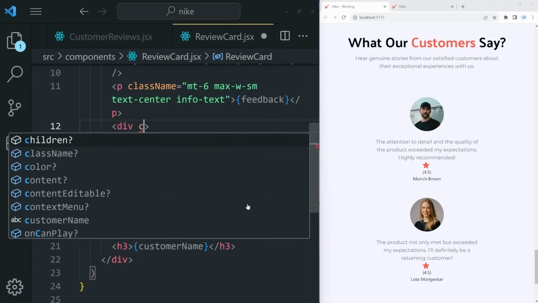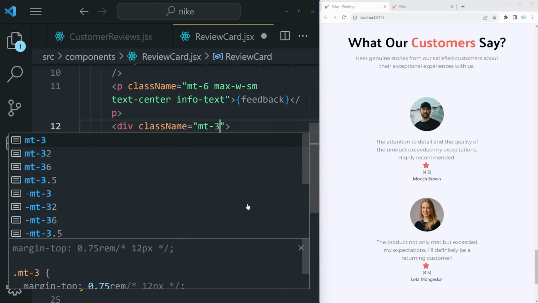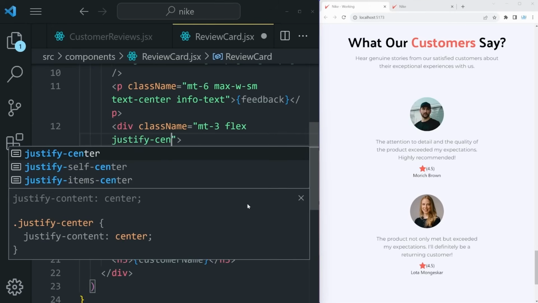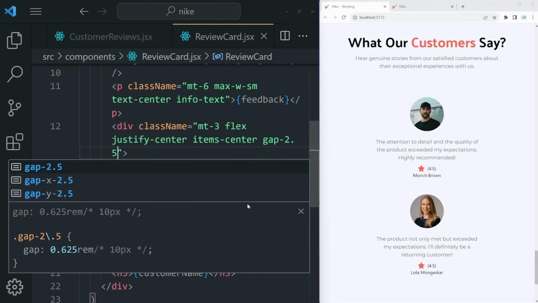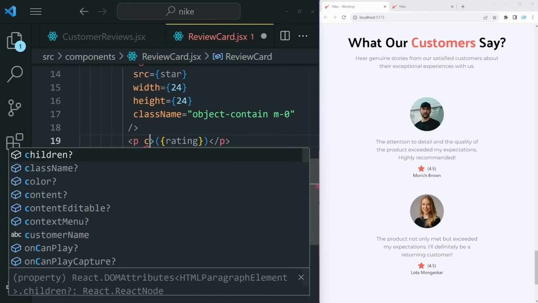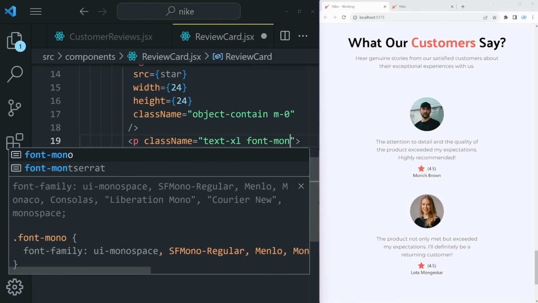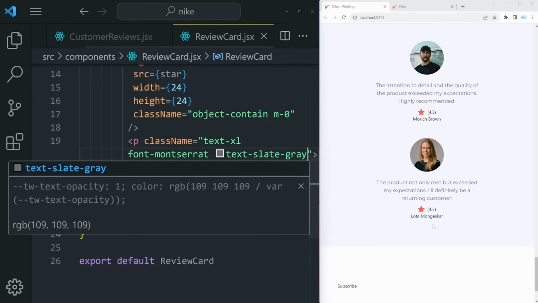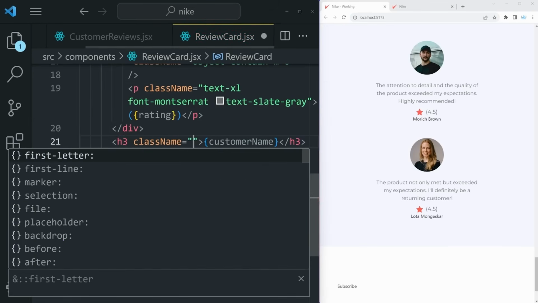Now we can style this div that's going to be used for rating by giving it a margin top of 3, flex so that the rating appears in a row, justify-center, items-center, and a bit of a gap of 2.5. Finally, we can style the p tag by giving it a class name of text-xl, font-montserrat, as well as text slate gray right here. Okay, that's looking better. And finally, the h3 for the name by giving it a class name equal to mt1,